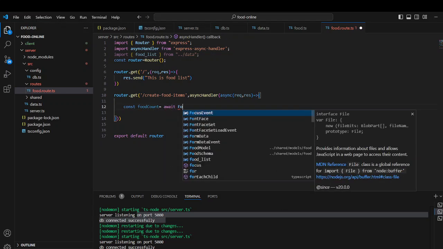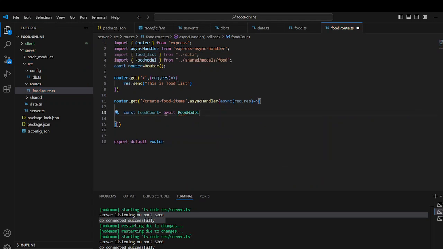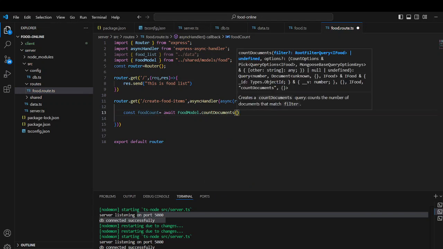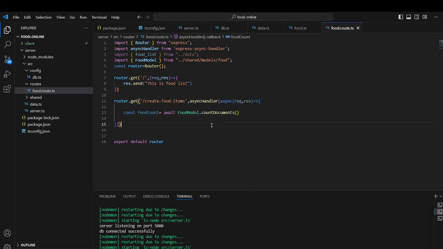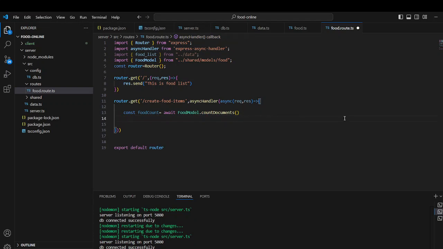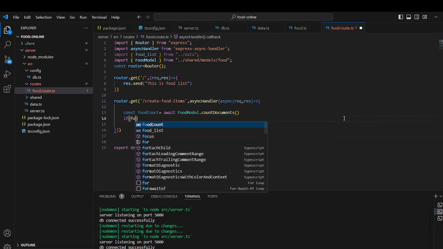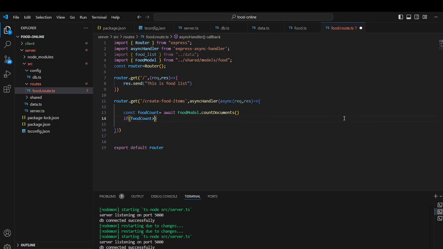What we need to use is the food model that we have created, dot countDocuments. This will give us the number of items present inside the foods collection. So here, if foodCount is greater than 0,